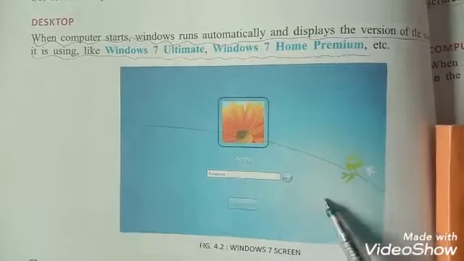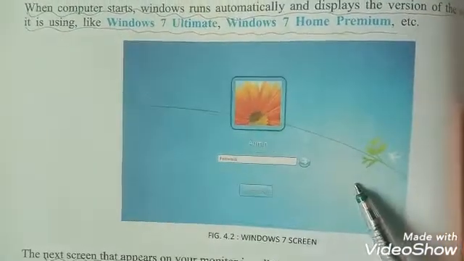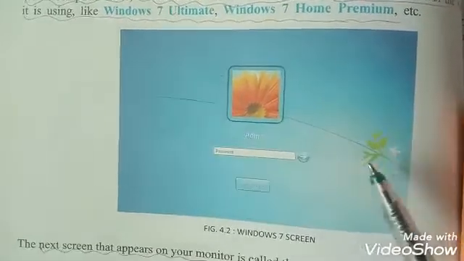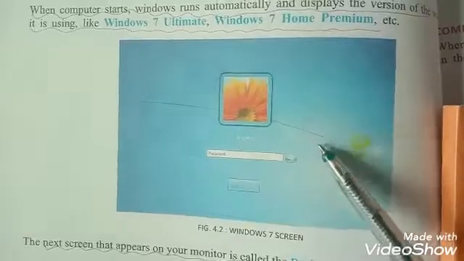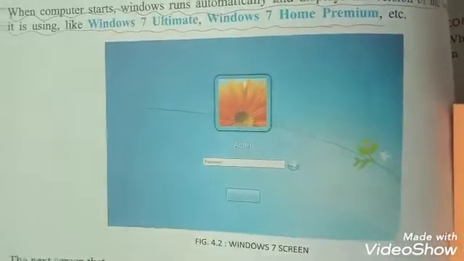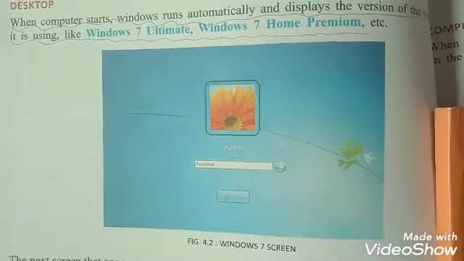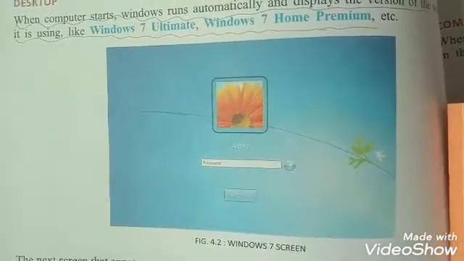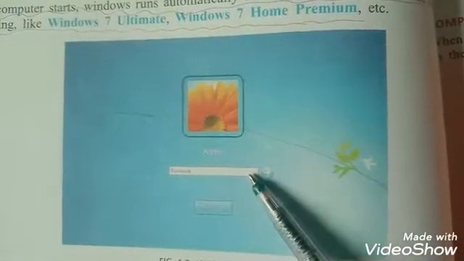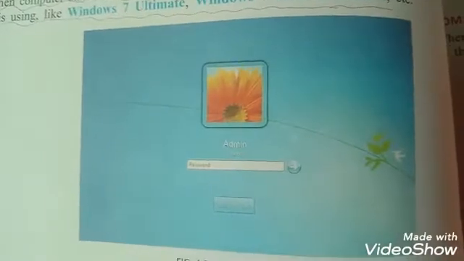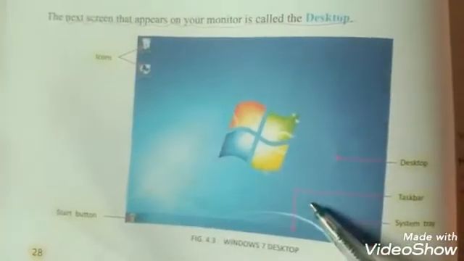Desktop. When we run or start a computer, this page is displayed on the computer screen and shows the version of the window like Windows 7, Windows XP, Windows 7 Ultimate, etc. When we enter the password, the next screen that appears on the computer screen is called desktop.